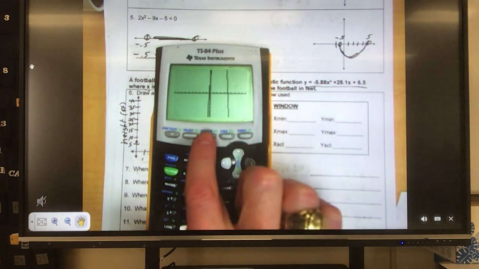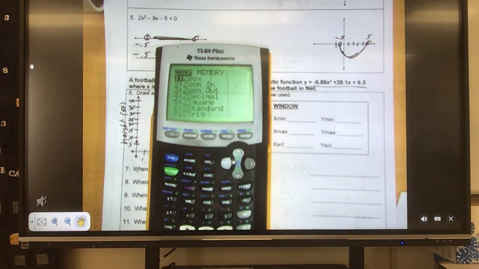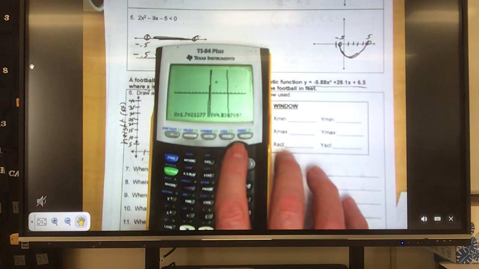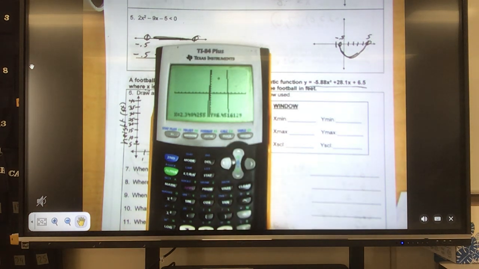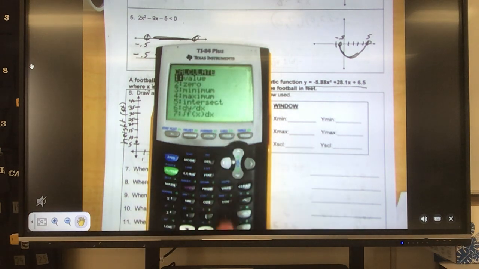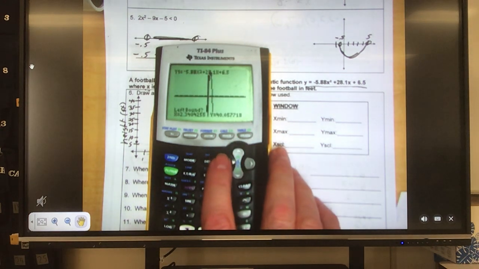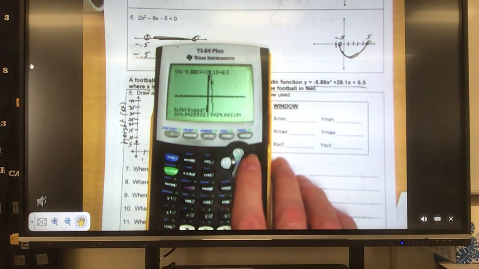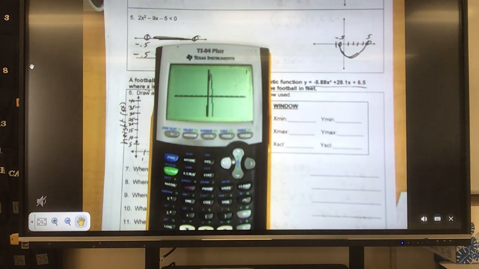So we're going to zoom out. Hit zoom out, number 3. We just kind of move our little spider guy out there to where it's actually in the screen or in the data set we want. Hit enter. And even though it zooms way out, I can see my vertex now. So I go second, trace, maximum, number 4. Put it clearly to the left, hit enter. Right bound, put it clearly to the right, hit enter, and it tells me at about, rounding to the nearest 1 decimal place,